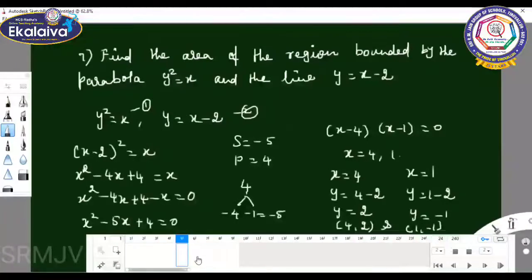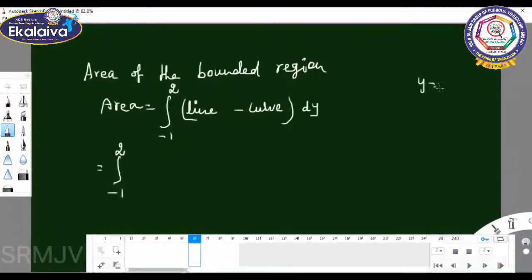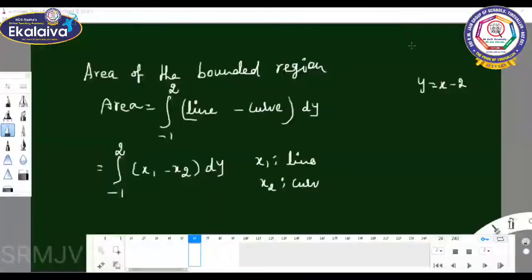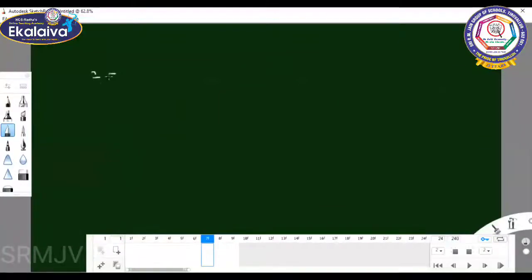Y equal to x minus 2. dy means you can write it as x1 minus x2 into dy. See, x1 means the line and x2 is the curve. So y equal to x minus 2 gives x equal to y plus 2. There they are given as x equal to y square. So you can take my area as integral